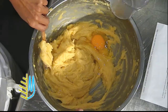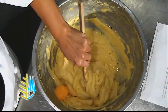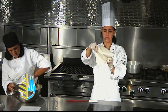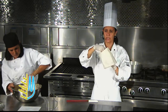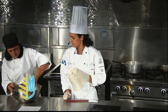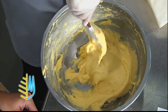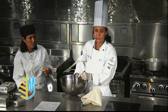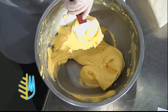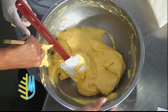So I said to you that I'm looking for a V formation, right? So it's a little firm. Place your tip, bring this up, like so. So whatever you have inside is not going all the way down, okay? Nice job. A V like this. I could add another egg. If I add too much egg, I don't have how to fix it, okay? And I'm gonna have a very flat pâte choux that bakes with a lot of, it's really gonna look like